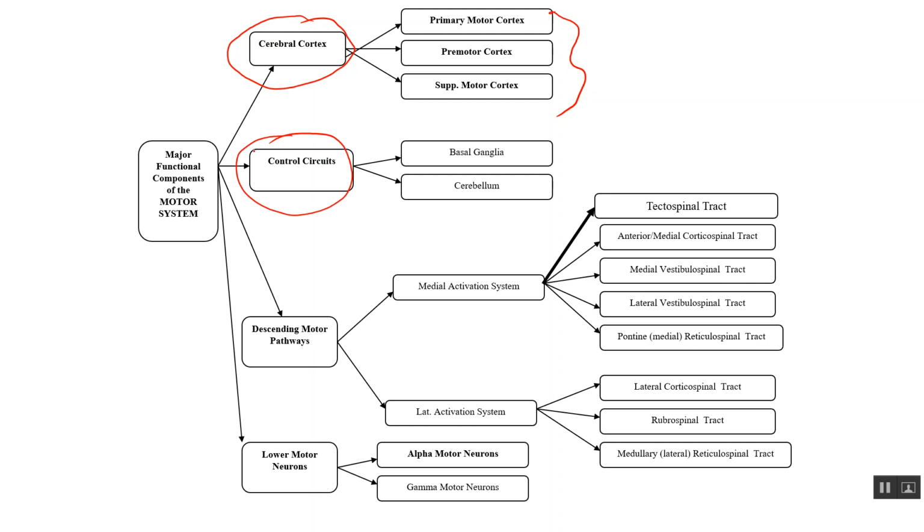Next week, we're going to be talking about the control circuits. These are called the basal ganglia and the cerebellum. They have influence over your motor output. So you're sending a signal down from your brainstem or from your cortex to generate a motor output. Those signals will always be influenced by the basal ganglia and the cerebellum. They will be modified on their way down. They'll have to stop by before you send a signal to do a voluntary motor act. You have to go through the basal ganglia first, and then it goes back up and then releases the signal